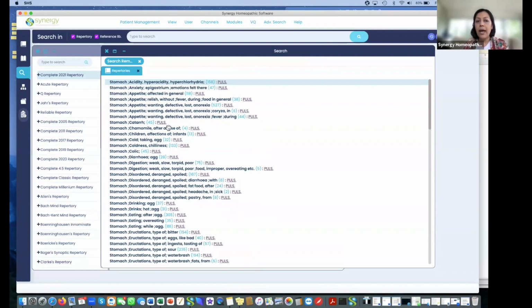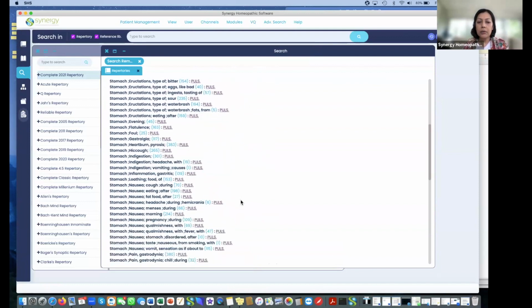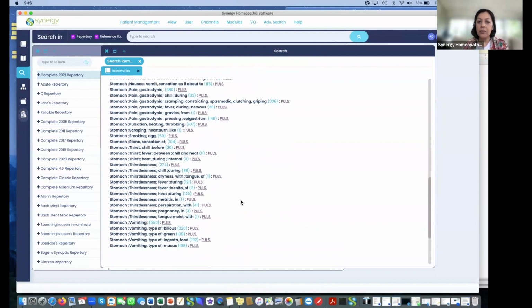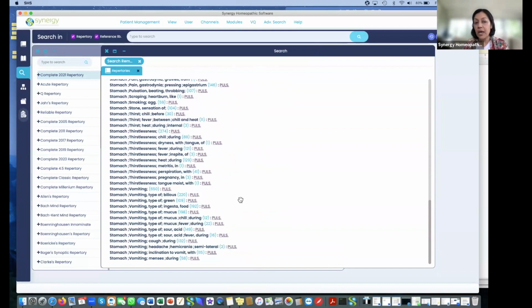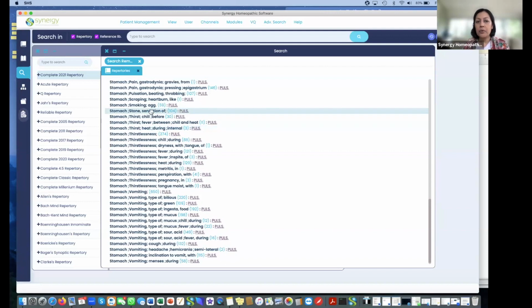So it's in all caps and underlined, which is how I have it set up in my program to show grade 4 remedies. And these are all of the pulsatilla grade 4 rubrics for that section. Now you can see that I have rubrics here that have only 3 remedies, and pulse is a grade 4. And then I also have rubrics in which there are 104 or 650 or 220, and pulse is a grade